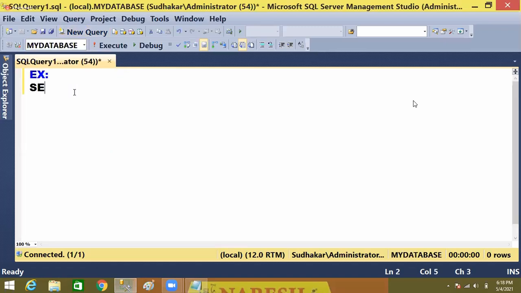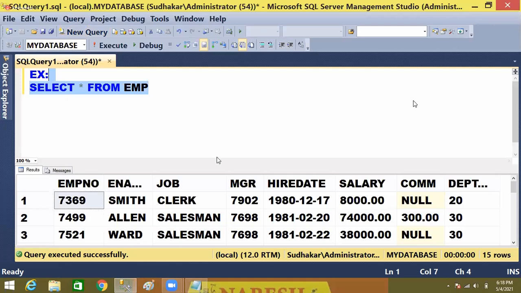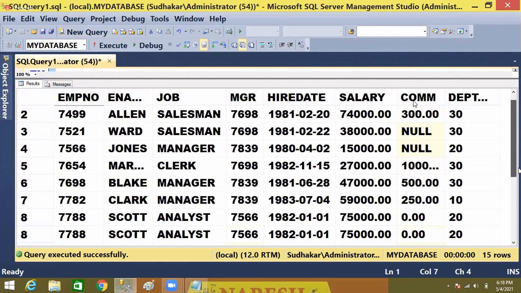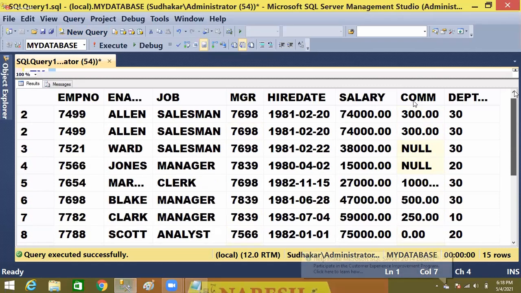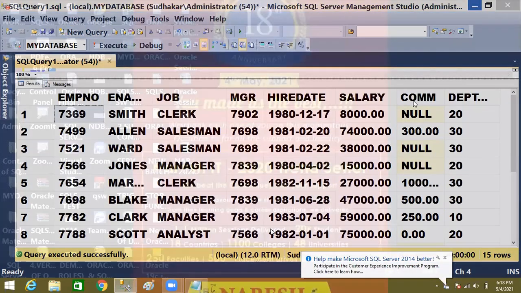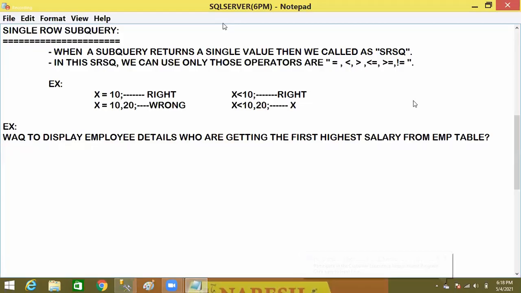So one of my tables, if you want to call, select star from EMP, this is one of our tables, guys, right? In this table there are so many employee details, but I need to find out the first highest salary from this employee table, right? So whenever you want to write subquery statements,